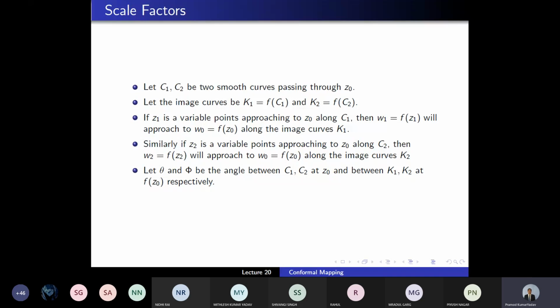K2 is the image of C2. We have been seeing all these already. I have shown one example in front of you. Similarly, if theta and phi are the angles between C1 and C2 at Z naught and between K1 and K2 at f(Z naught) respectively,